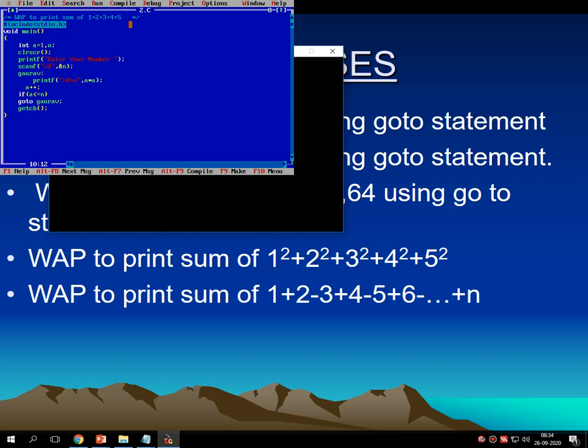So I have to make one change over here. First I am making this thing a comment. Then here I have to take one variable called sum that I have to initialize with 0. Why am I initializing sum as 0? Because sum will be done of two numbers. Minimum two numbers we require to perform the sum, that is addition. So here I am writing sum equals sum plus a into a, that is a square.